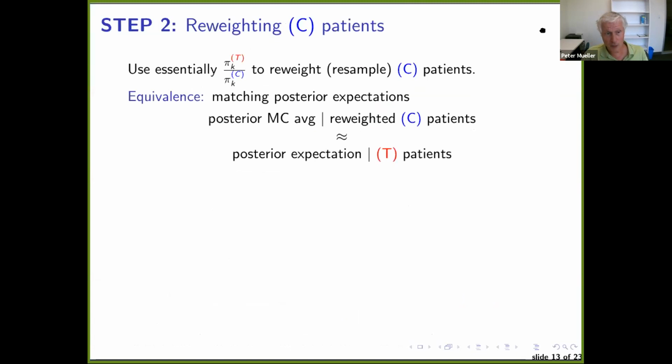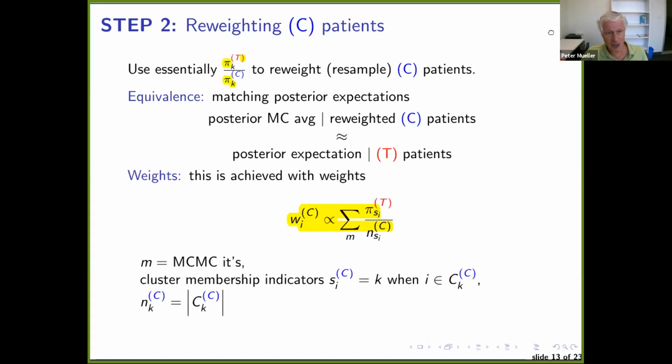The idea is to make it a bit more formal. What we want to achieve is to be able to evaluate posterior integrals with respect to the red population by weighted Monte Carlo averages from the blue population. That's one way of operationalizing that. And I claim this can be achieved by using exactly these weights. We'll use weights that are based on the ratio of the red weight over essentially the blue weight. Instead of the blue weight, what I plugged in here is